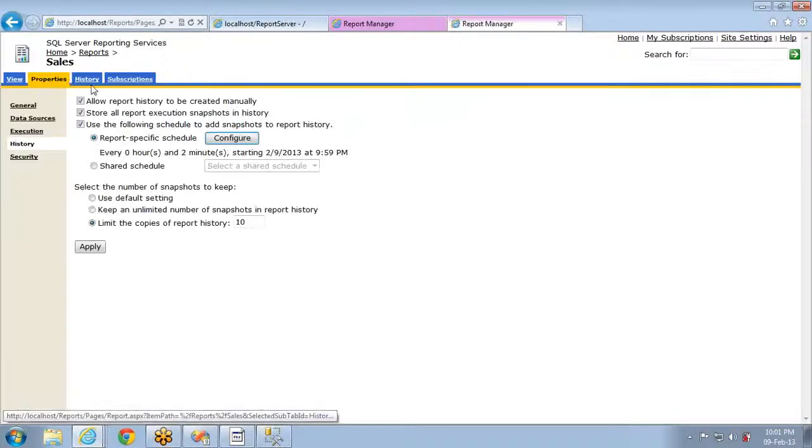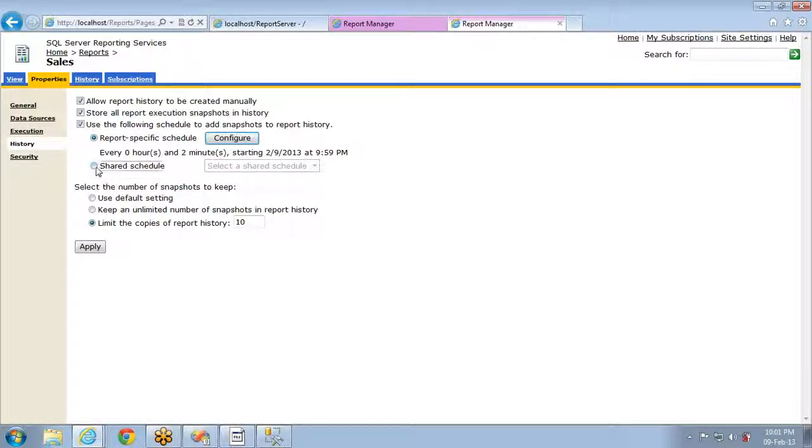So this is about the history tab and properties history. This is used for snapshot reporting. Snapshot reporting is just used for creating the snapshots of the reports, and you can manage the report in such a way that whenever a user calls for it, instead of generating the report, you can get it from the snapshot. How to configure that? Instead of generating the new one, how to configure that to get the report? Let me show you that one too.